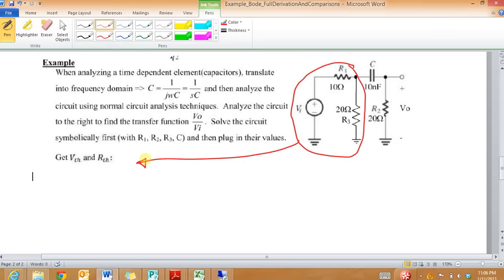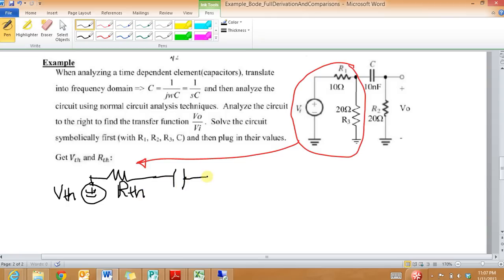and redrawing for the Thevenin VTH equivalent versus an RTH. And then the rest of the circuit remains the same. I'm going to leave it in symbolic form. I'm changing the capacitor to 1 over CS for